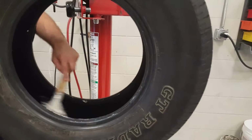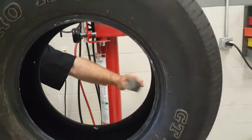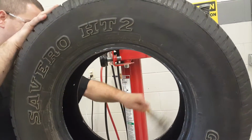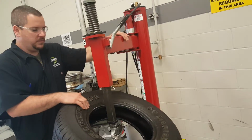So we're going to take our lube here, go around the bead of the tire to make it a little bit easier, inside and out. This way it goes on just that much easier. Pull the arm back around